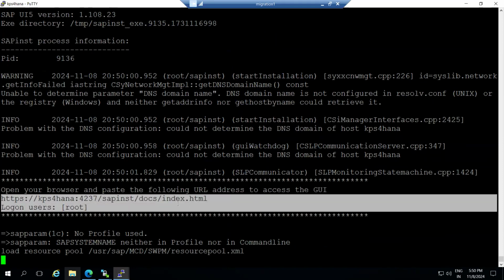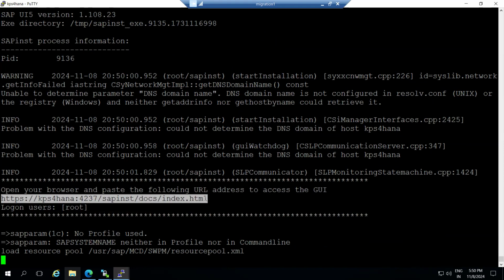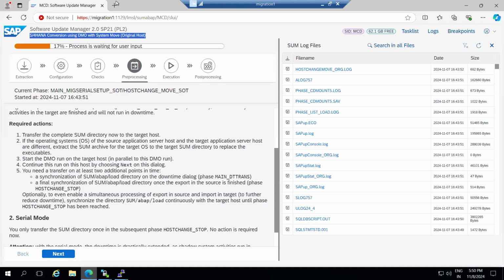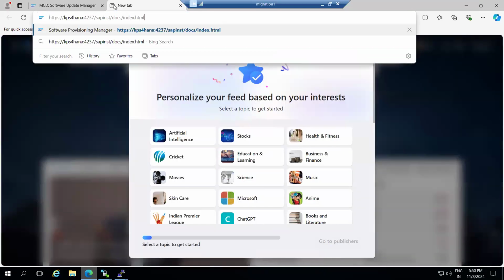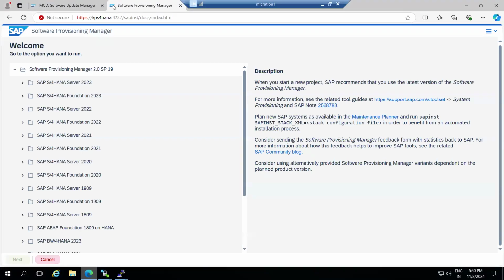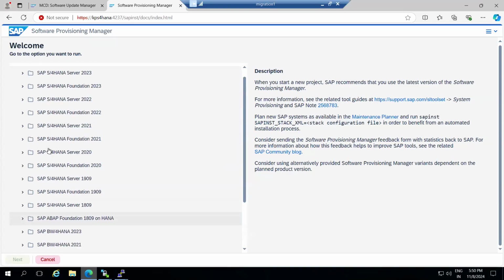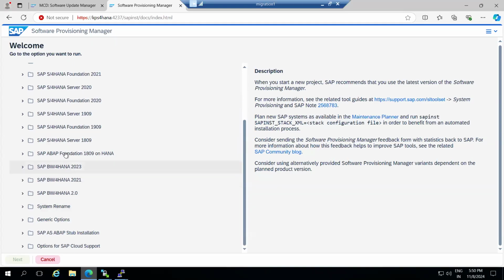It will ask us to open the URL in the browser here, right? Then open the browser here. So then we can just do the steps here. All right. So now, any product installation is common, as I mentioned here, either BW for HANA or